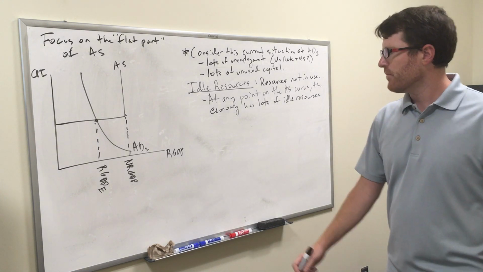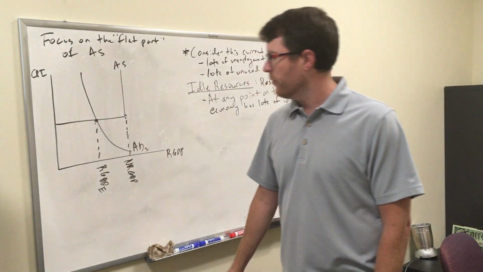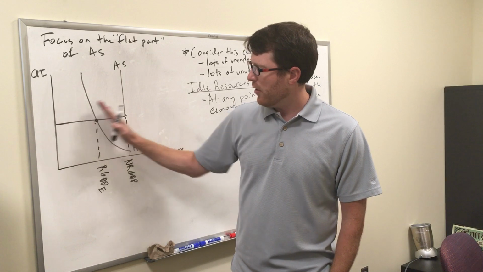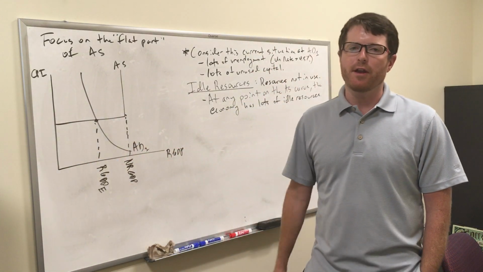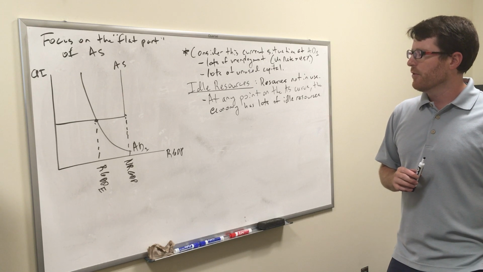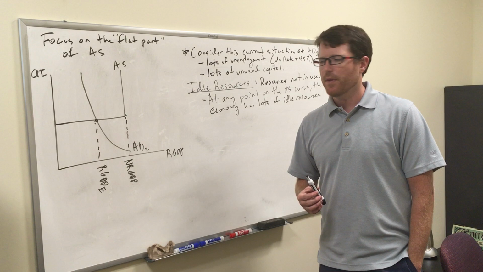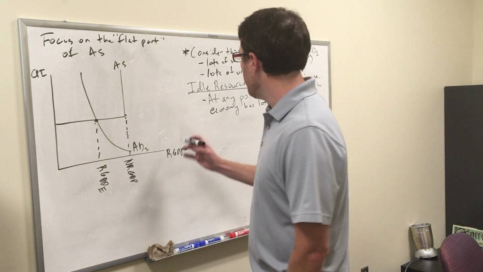Okay? Again, any point on this flat curve, we have lots of idle resources. The reason is, if we're on this flat part, we must be in a recessionary gap, meaning the real GDP has to be less than the natural. So there must be people not working, capital not being used, and so forth. Okay? So let's imagine,